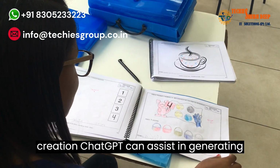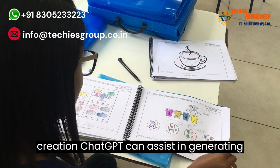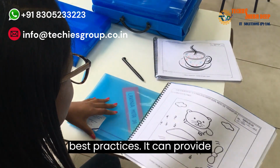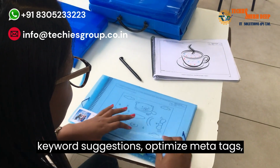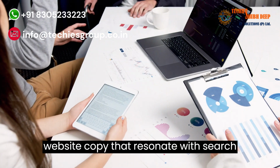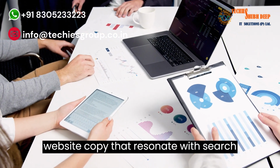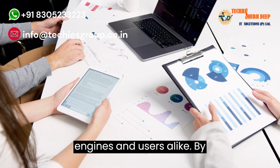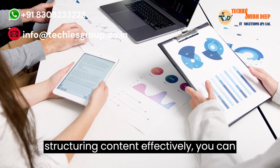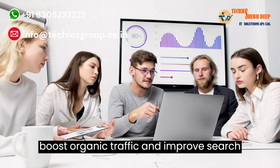Content creation: ChatGPT can assist in generating high-quality content that aligns with SEO best practices. It can provide keyword suggestions, optimize meta tags, and create compelling blog posts or website copy that resonate with search engines and users alike. By integrating relevant keywords and structuring content effectively, you can boost organic traffic and improve search